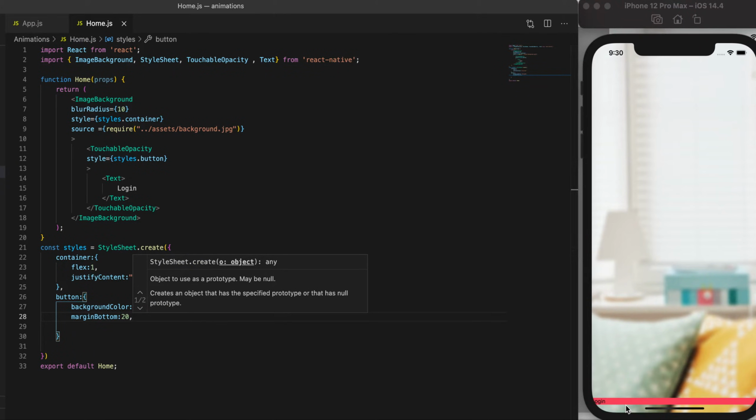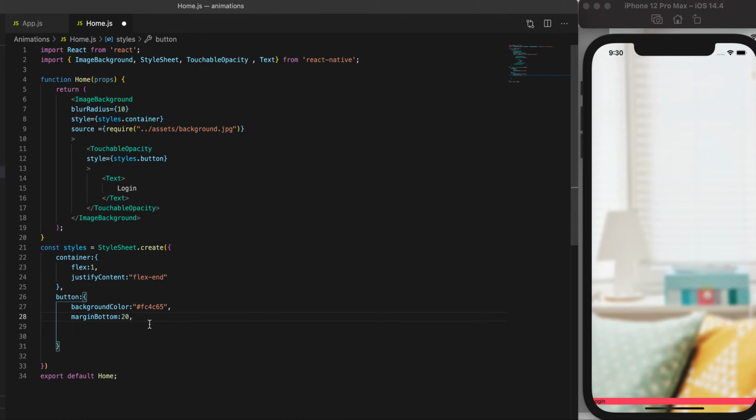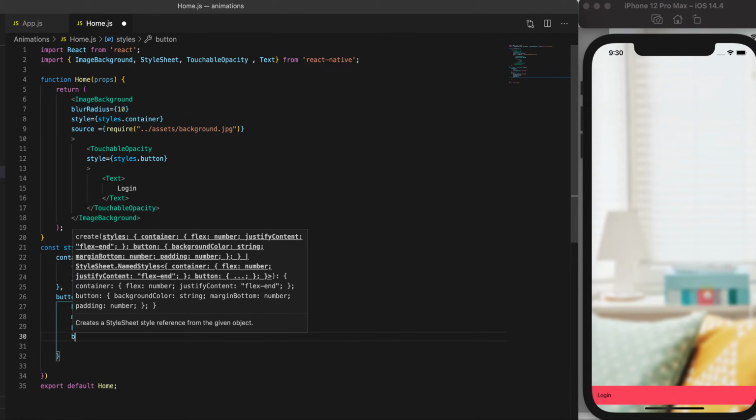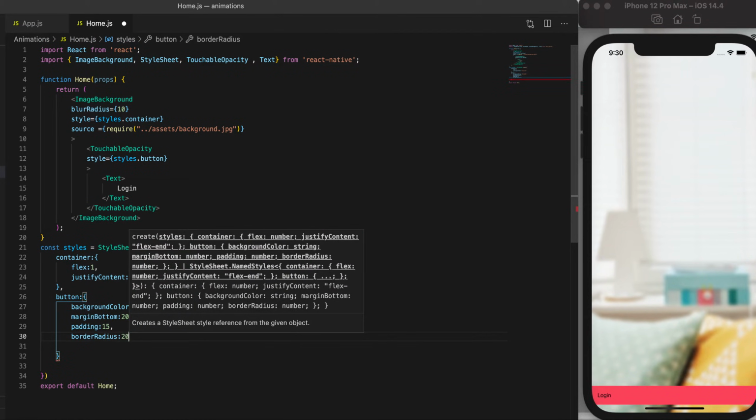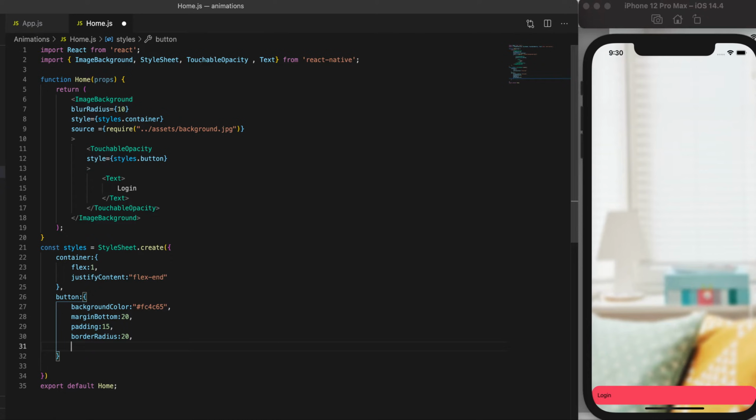So it should be a little up there. Yes, right. And we want to give this container padding 15. Okay, it looks better. And we can give it border radius, say 20. Okay, perfect. And we want to give this container maximum width, in our case say